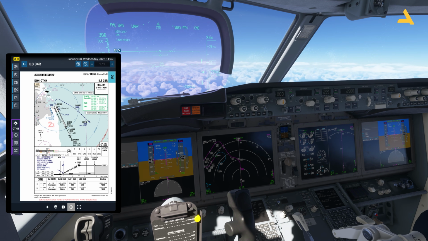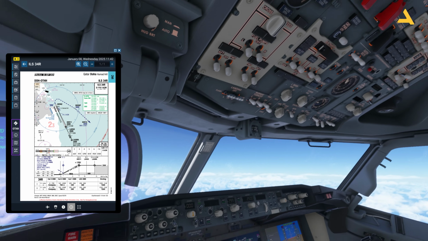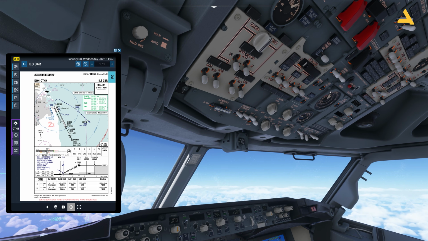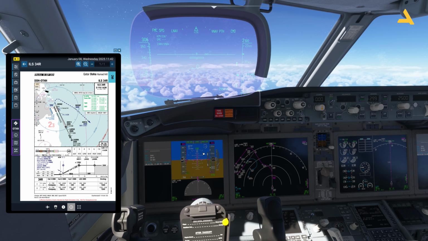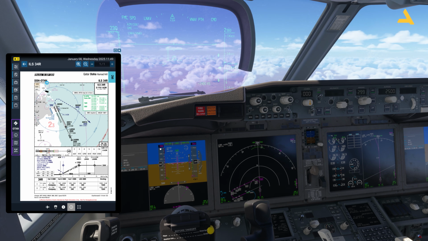Now the transition altitude for this airport is 13,000 feet. So at this altitude, I will also adjust the altimeter. And below 10,000 feet, I will turn on the lights. The seatbelt signs are set to auto, so they will automatically turn on. And that's it. Now you can see that there is a speed constraint, and the speed is 230 knots after